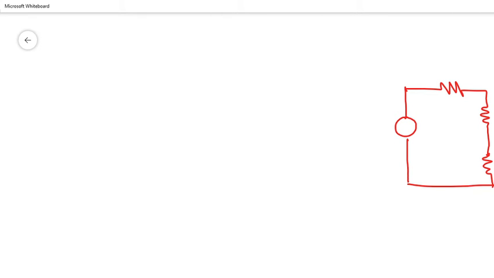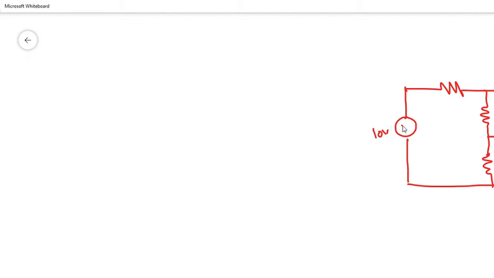So here I am going to draw a circuit which has 3 voltage sources. This is the first voltage source, and here that is connected to a resistor, and here one more resistor, and here one more resistor is there, and here that is connected to a resistor, and again a resistor, and these 2 resistors are connected with the voltage source, and then here again connected to the voltage source, and these 2 are connected to the resistor.